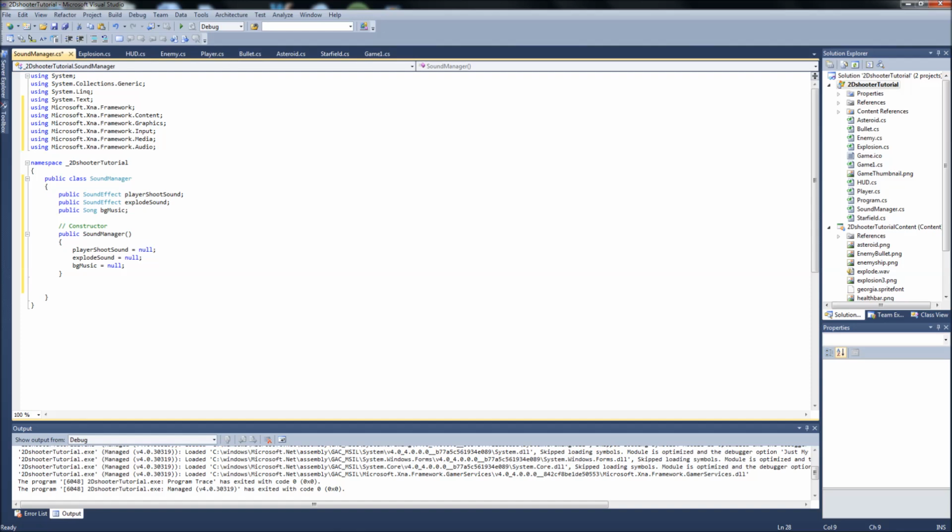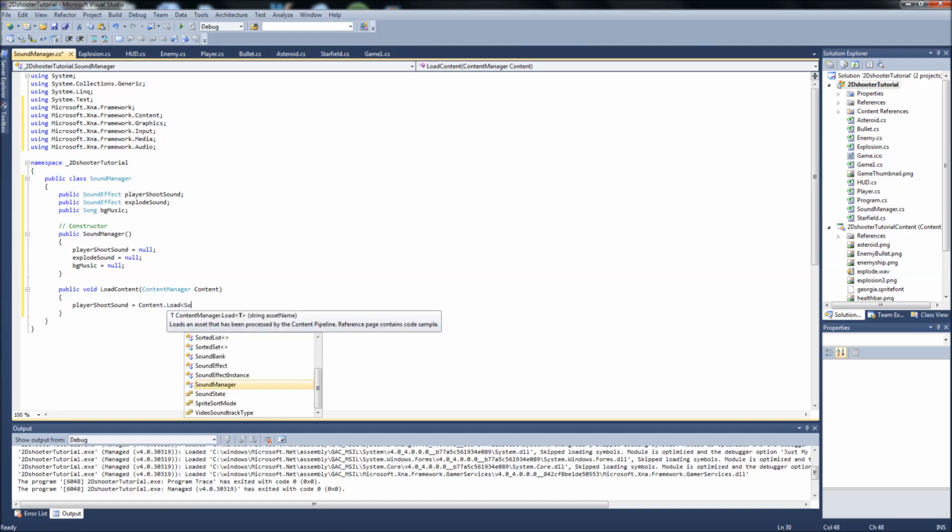Okay, so the only other one is a LoadContent. It takes a ContentManager content, just like our other LoadContents. In here we're going to load the content for our sound effects and our song. So playerShootSound is equal to content.Load, it's a SoundEffect,